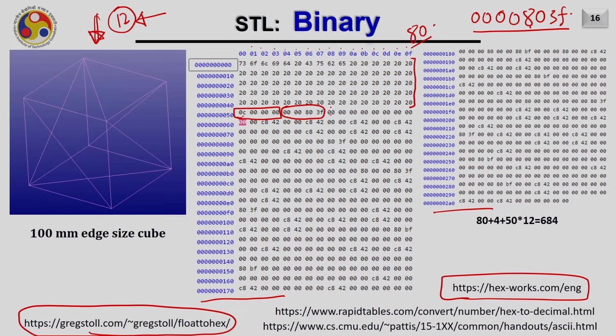Then the next 4 bytes represent another component of the normal, and these 4 represent another component of the normal, and you will see that it is something and then 0 and 0. Then these 4 bytes represent the x coordinate of vertex 1, these 4 bytes represent the y coordinate of vertex 1, and these 4 bytes represent the z coordinate of vertex 1. In a similar fashion, these 4 are for the x coordinate of vertex 2. In a similar fashion, the entire file is structured.